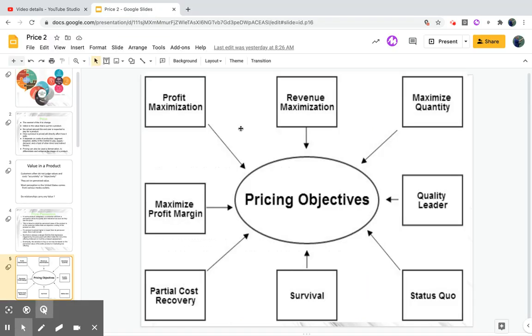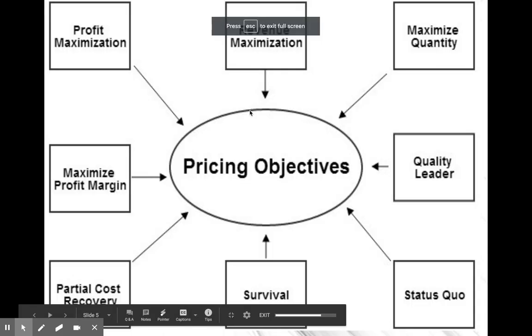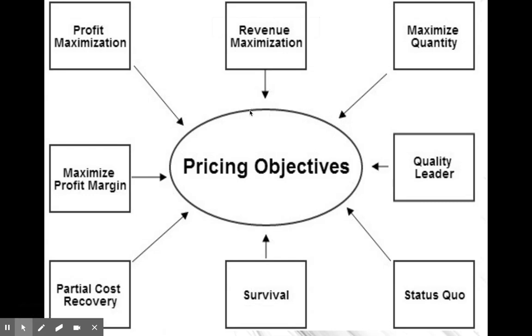Okay. So we come back to our slides here that we were talking about our pricing objectives. So revenue, trying to sell as much as we possibly can. Profit, trying to make as much as we can, minus, and again, revenue minus your expenses equals profit. Okay, so those two are connected, but they are a little bit different. Okay, another pricing objective that you might have: maximize your quantity. We're just trying to sell as many items as we possibly can. All right, trying to get as many of our products out there as we possibly can.